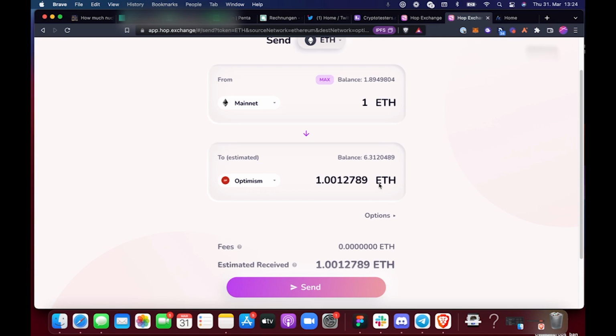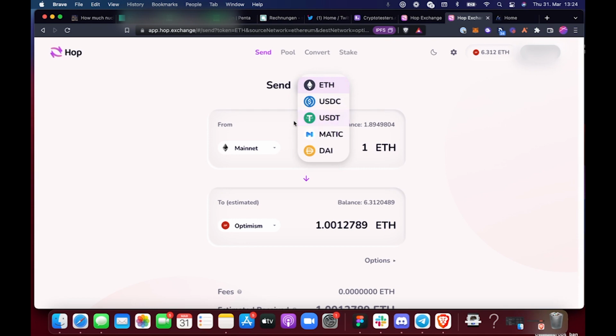So it's a bit cheaper, and that's because most of the time there's more people that are bridging out of Optimism using Hop than bridge in, and so you get a little discount for bridging in. So that's quite cool. Other options, you can also get Ether, or not only Ether, USDC and so on, via